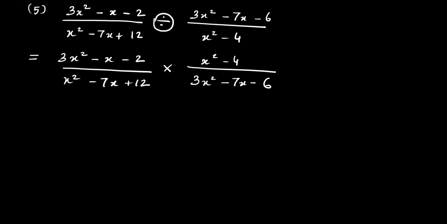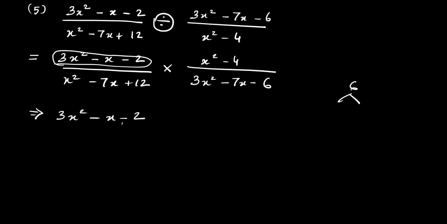Yes, sir. Now we'll factorize one by one. Let's start with this. So starting with 3x square minus x minus 2. Can you tell me the first step? Multiply the first and the last number. What is the first number? 3. Last number? 2. So 3 twos are 6. Factors of 6. Okay, what is the sign of the last term? Minus. So we add or subtract to get 1 in the middle? Subtract. So tell me what can be the factors. 2 threes are 6. Perfect. And what is 3 minus 2?